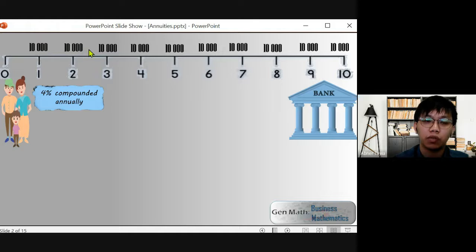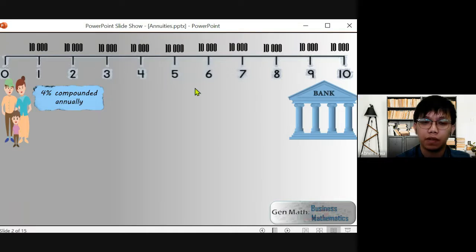And how much is the value of 10,000 the moment that Mr. Kenneth will withdraw the savings. And of course, until the last 10,000, how much is the value of the last 10,000 the moment that Mr. Kenneth will withdraw their savings or the amount they have in their educational plan. Okay, and then to answer that, we are going to solve the future value of each 10,000.